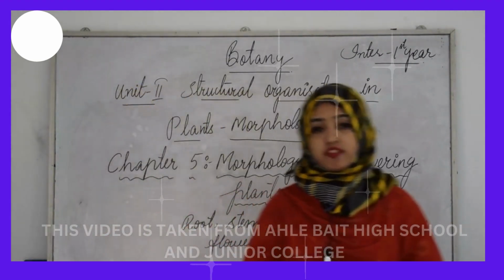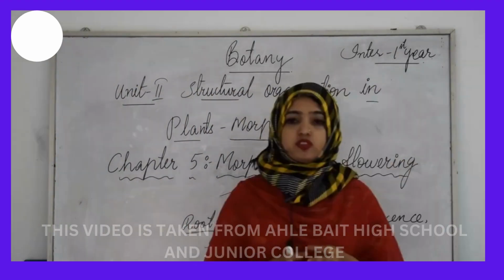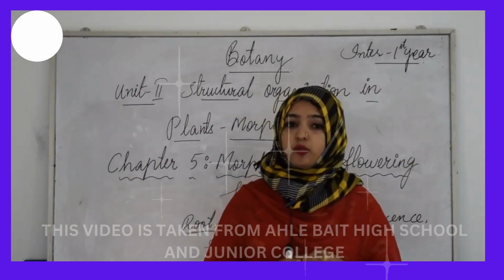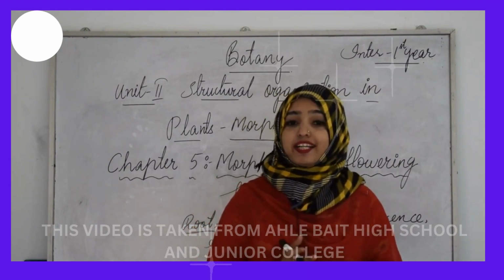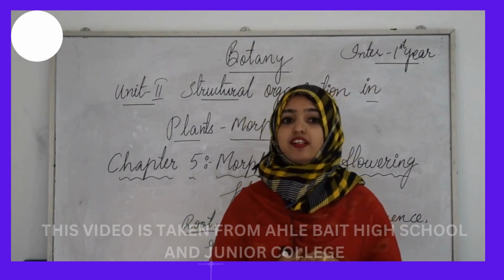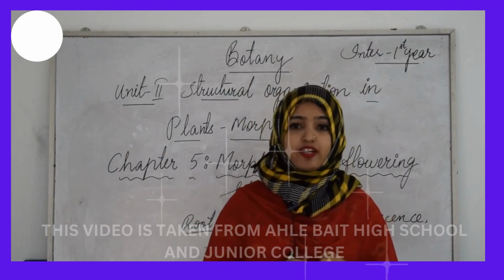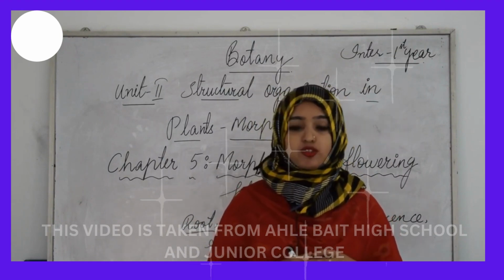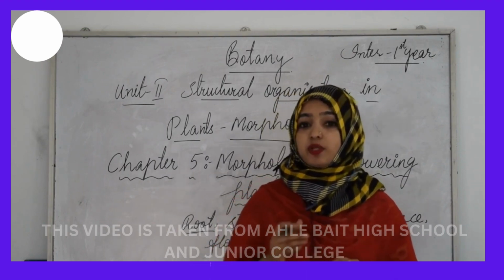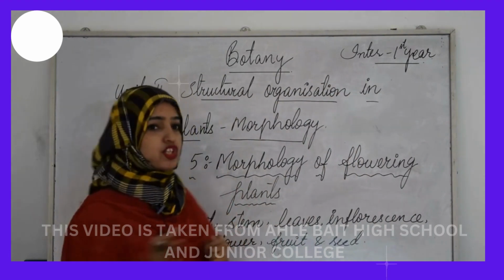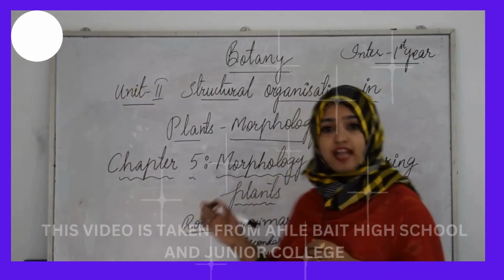So now, without wasting our time, let us move forward towards the first topic, that is root. So what is a root actually? We all know that in the majority of dicotyledonous plants, the direct elongation of the radicle leads to the formation of the primary root, which grows into the soil, right? That is the base of the plant actually, and it bears lateral roots of several orders that are referred to as secondary roots, tertiary roots, etc. The primary root and its branches constitute the taproot system.